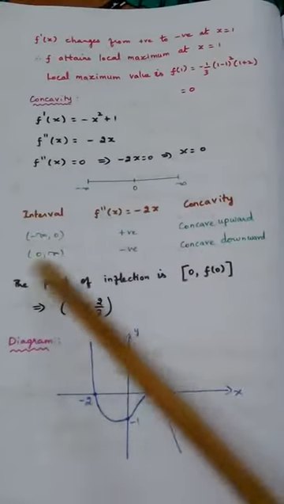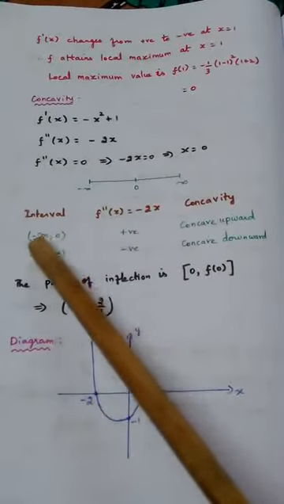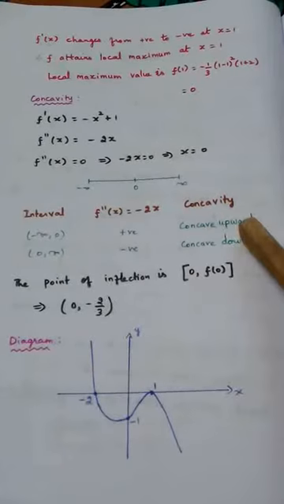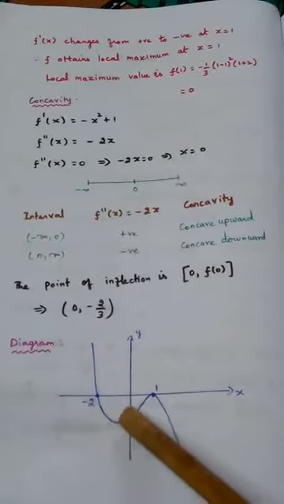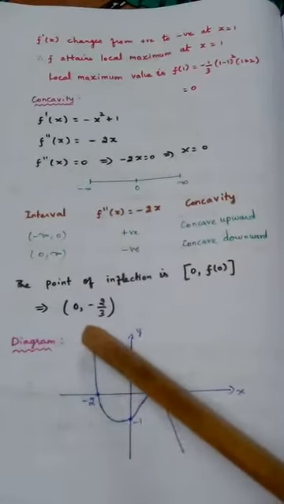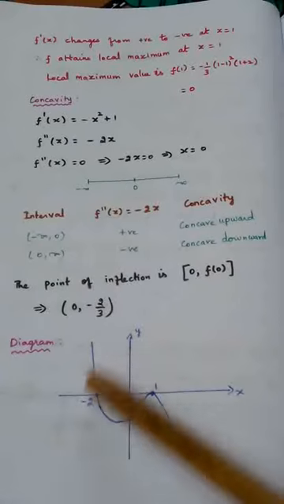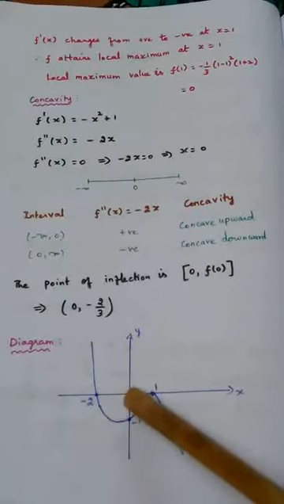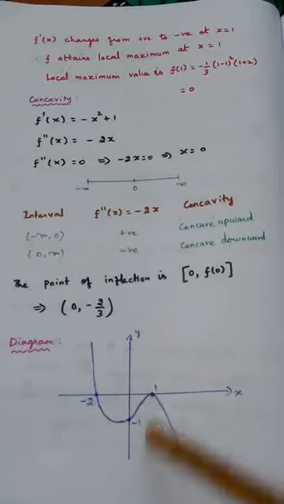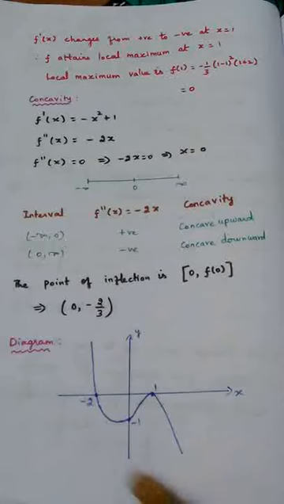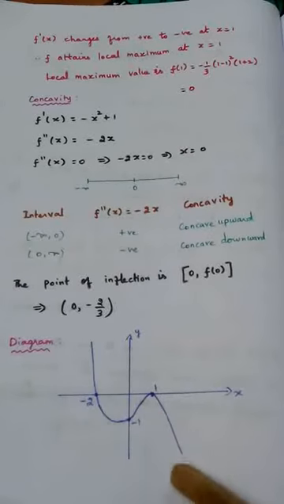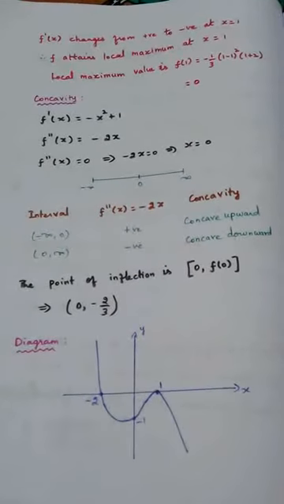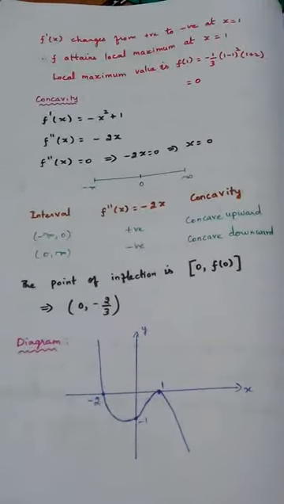Also this plays a major part because in the negative interval it is concave upward, so from here to here the curve is concave upward. If I draw a tangent, the curve will lie above the tangent, but here if I draw tangents, the curve will lie below, so that is called concave downward. So from that we can easily draw this diagram. Hope you will understand. If not, any doubt you can call and ask me.